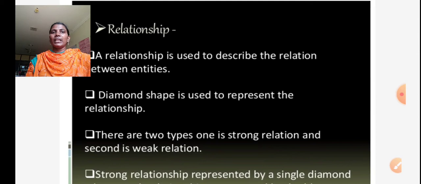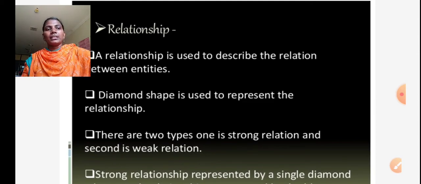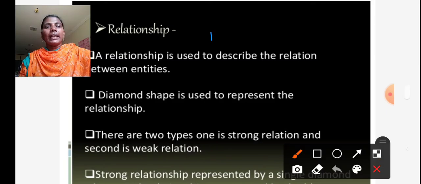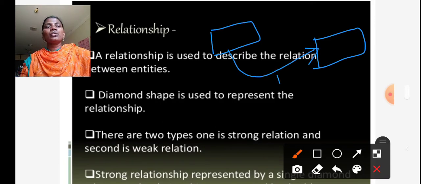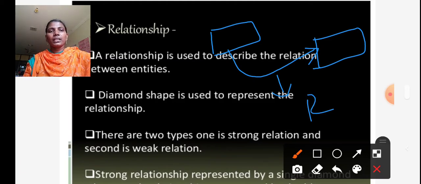Okay, so a relationship is nothing but the association between the entities. This is one entity and this is another entity. If there exists any association between these two entities, that is called a relationship.